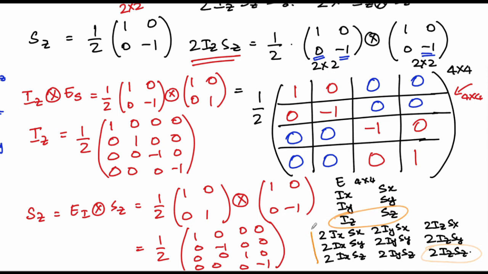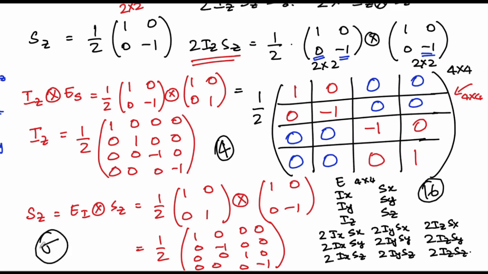So therefore, in total you have 9 here, 1 plus 6, you have 16 operators. If you remember, in the case of a single spin-half system, you had 4 operators. So as you keep increasing the size, the number of operators that define the system also increases, which helps you define the density matrix. I hope this lecture has helped you understand how to go from a single spin-half system